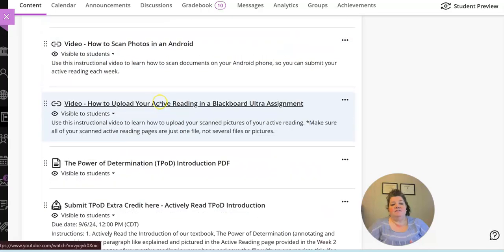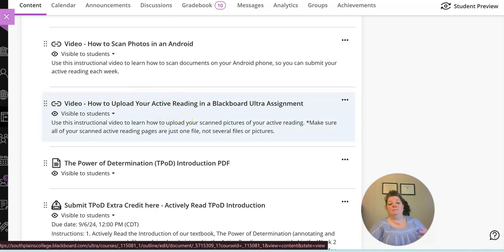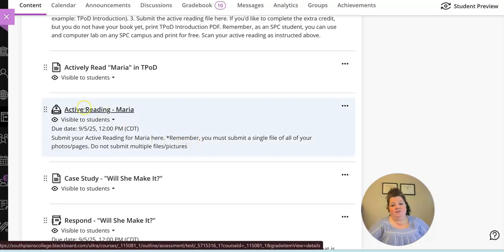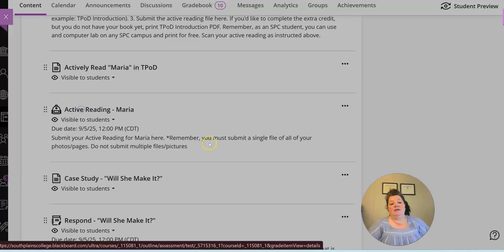Okay, now this is how to upload your active reading. So we're at the point now where we've actively read our chapter, we've scanned our photos into one file in our phone, and this video shows you how to upload your active reading into our Blackboard assignment. And our Blackboard assignment is right here. See where it says active reading due 9/5/25, because everything's due Friday by noon. You'll click this link